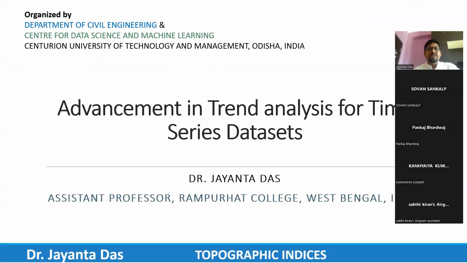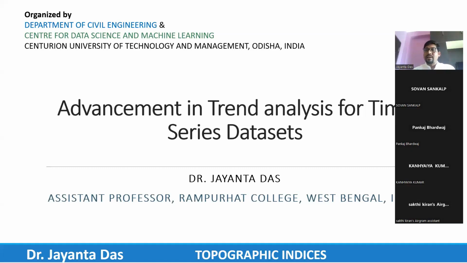Let's start to discuss advancement in trend analysis for time series datasets. You may be aware of the time series dataset. Sometimes it's a common question: what do you mean by time series? What should be the ideal length of a time series? If you're working with groundwater data, or climate-based data, then your time series dataset should be at least 30 to 35 years. There are no such strict rules, but you should try for at least 30 to 35 data points